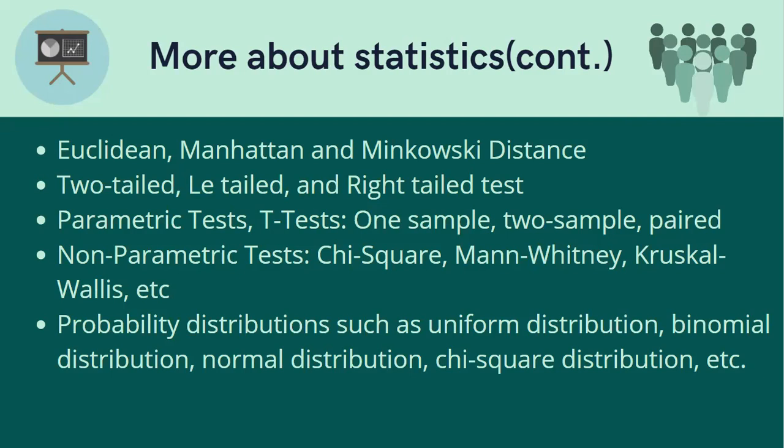So these are the statistical tests you need to know about in order to go into the field of a data scientist. I'm not saying that if you do not know these, you cannot be a data scientist. It's just that if you're planning to go into data science, you should know about statistics and these topics because this will help you understand your data, help your company, and perform well in the field of data science. And as I mentioned, there are a lot of probability distributions, such as uniform, binomial, normal being the most important one, chi-square, etc.